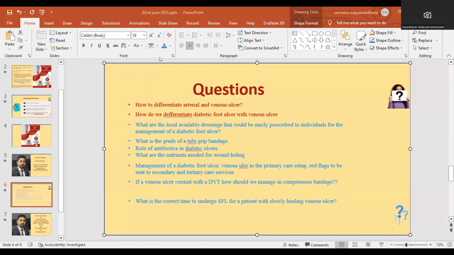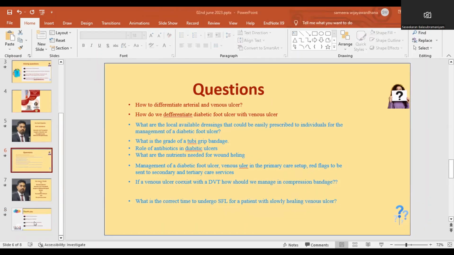But having said that, I am not a nutritionist. If it is really needed, we can get advice from the nutritionist. And think about the micronutrition as well. For wound healing, usually you need zinc, vitamin C, selenium, so think about the micronutrition as well. Usually I give a multivitamin.